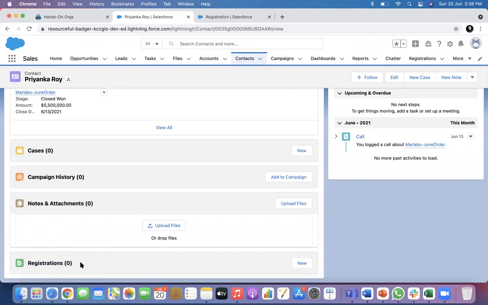Why did this happen? Anybody? Because Marlabs 2 is deleted and registration was marked with Marlabs 2. Yes, but why did it get deleted? And it did not get deleted when I deleted Anupam Nandi. Because this was a master detail and that was a lookup.